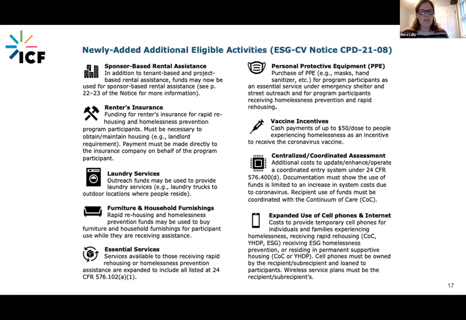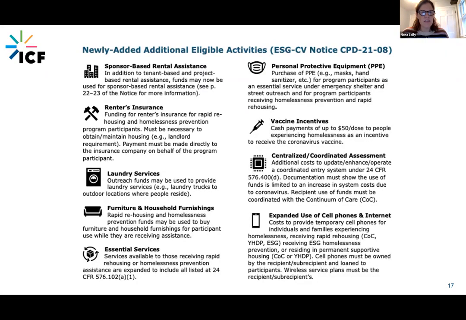Under the new waivers from HUD with this funding, sponsor-based rental assistance is allowable. There are various configurations of how rental assistance is designed. Now, a new one that ESG can be used for is sponsor-based rental assistance.